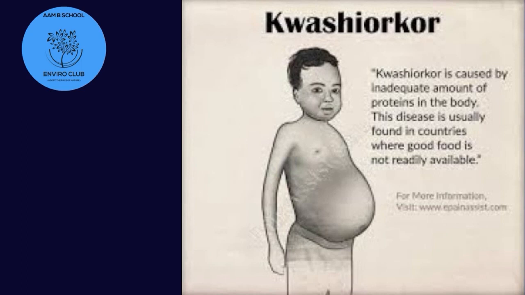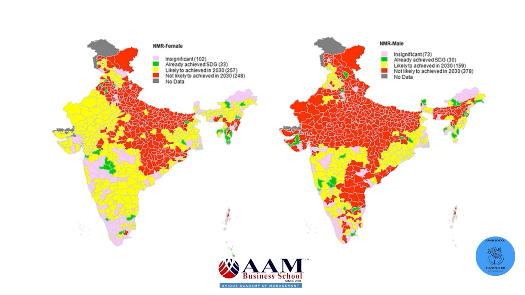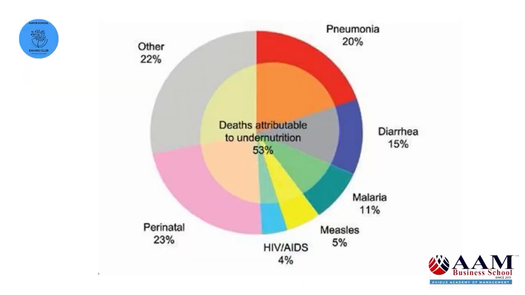How is kwashiorkor treated? Treatment of kwashiorkor depends upon its severity. Fluid and electrolyte imbalance may need to be corrected with intravenous fluid, and infections may require treatment with antibiotics. Although the goal is to increase protein in the diet, a rapid increase in calories and protein can be dangerous. Often the calories are slowly increased by adding carbohydrates, sugars and fats to the diet. Next, protein is gradually added.